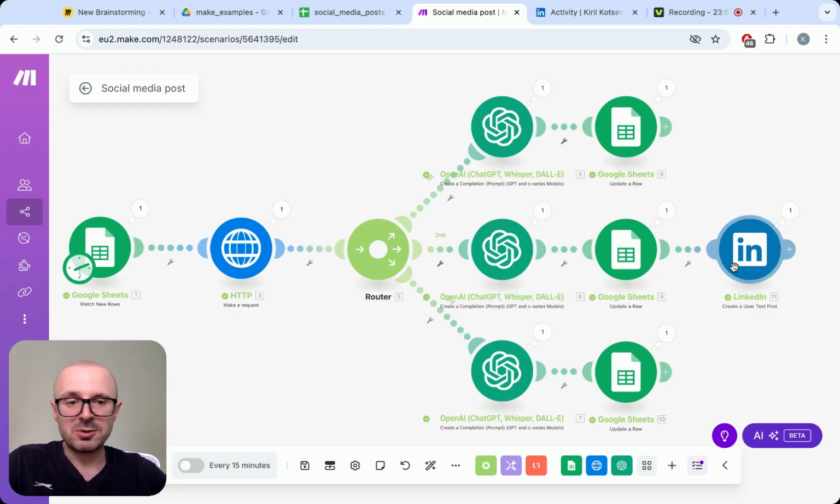And last but not least, we have just integrated LinkedIn into our pipeline, but you can also connect your Instagram account and your Twitter account so that you can post automatically to all three social media platforms